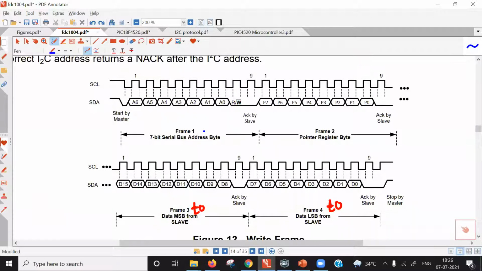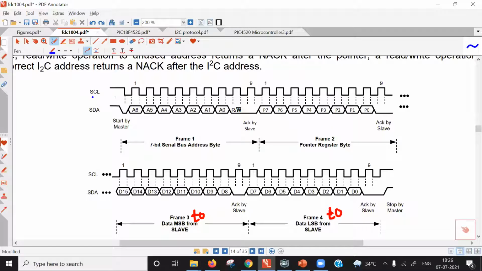So we transmit 8 bits, but there is one start bit and another bit is acknowledgement bit. So altogether there are 9 bits. The serial clock line is shown here and there is the serial data line. Whenever a start condition is initiated, maybe for a write or read operation, the MSSP module or I2C module in the PIC microcontroller pulls down the SDA pin. Look here, the SDA pin is first of all pulled down to logic 0, and this is the beginning of the I2C protocol.